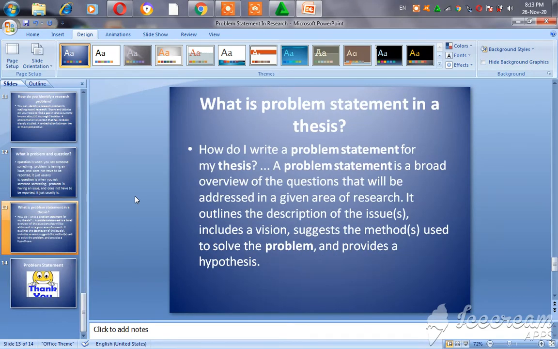What is a problem statement in a thesis? How do I write a problem statement for my thesis? A problem statement is a broad overview of the question that will be addressed in a given area of research. It outlines the description of the issue, includes a vision, suggests the method used to solve the problem, and provides a